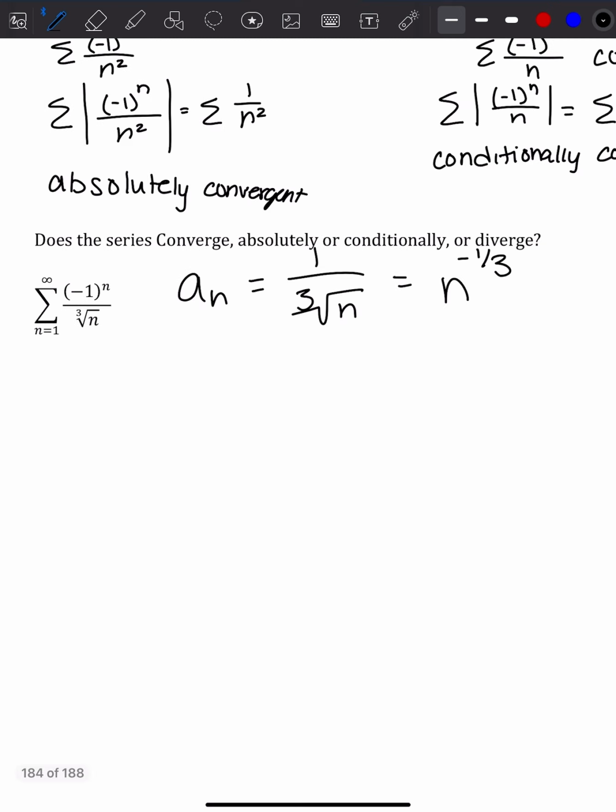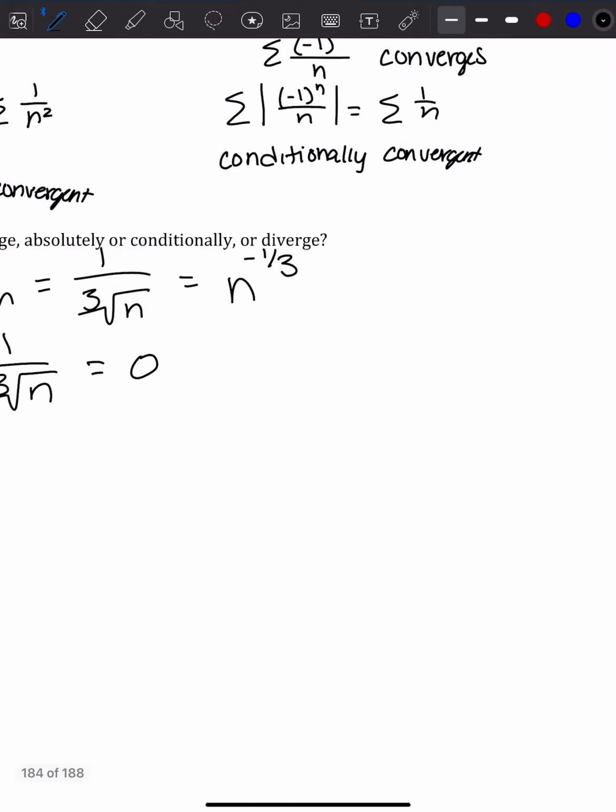So now we want to use that alternating series method. The first thing that we need to do is decide if the limit as n approaches infinity of our function, n to the negative 1/3 power, or 1 over the cubed root of n, is going towards 0 or not. This is a bobo case. It's bigger on bottom, so we are going to 0. The next thing that we need to decide is